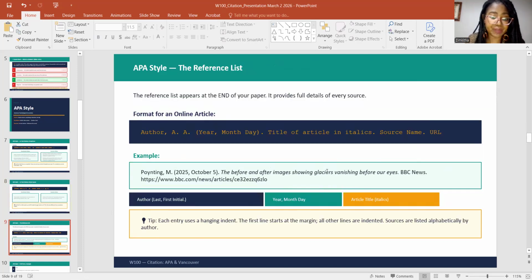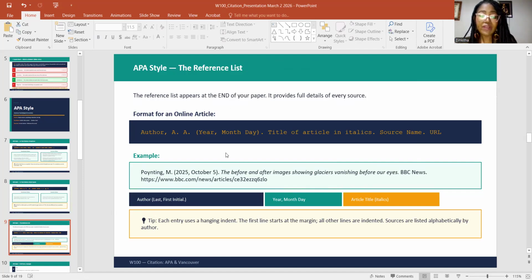I hope that is clear. Now that we looked at the direct quote and the paraphrasing, the next part, which I mentioned before, is that you always need to have a reference list. What you use in the text needs to appear again in your reference page. Where does your reference page come? At the very end of your paper. You even make the heading reference page, and then you list your authors, okay?